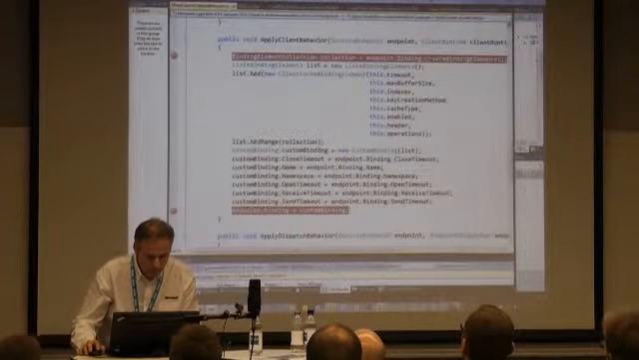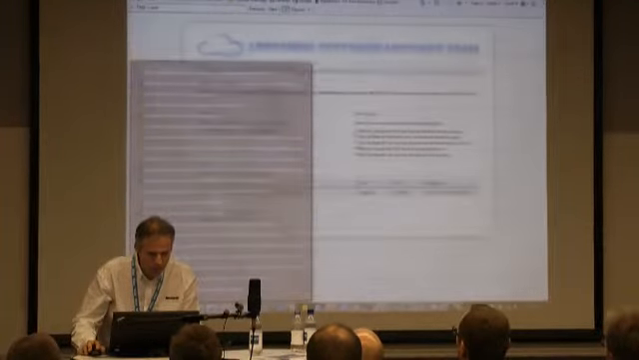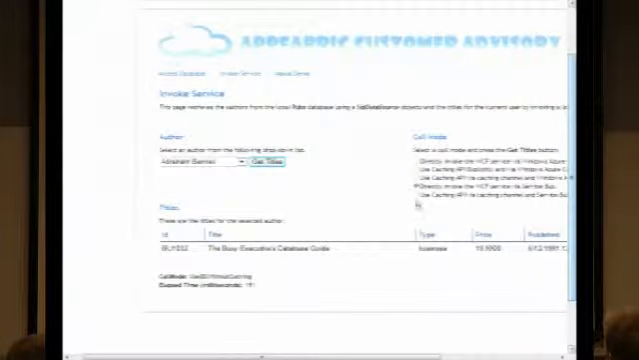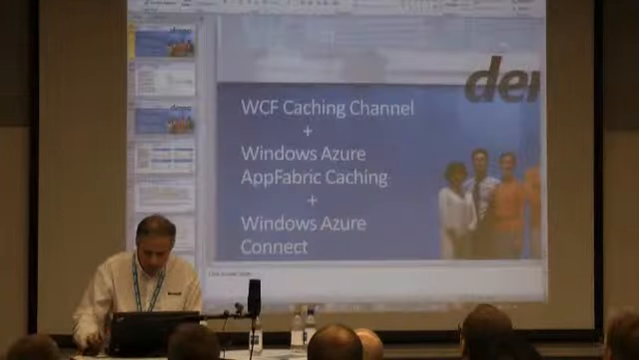So if we switch back to here, you will see that when I'm using my caching channel, I mean the endpoint configured to use my caching channel, it's 13 milliseconds, so it's very, very fast. So the very last scenario,